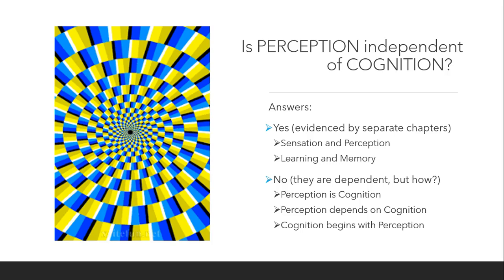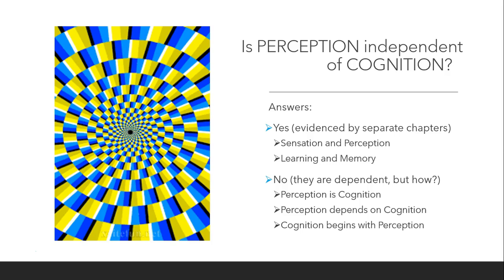The second example is learning and memory, which are separate chapters, but all learning entails some form of remembering. If you don't remember what you learned, have you learned it? No one seems to be arguing that learning and memory are independent despite there being two separate chapters. So this seems like a weak support for her argument that they have always been seen as separate.